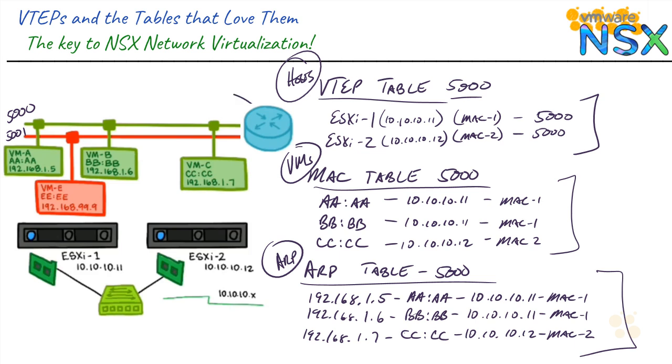So to support inter-VNI routing, we're going to need a routing table with the different internal subnets that are available to route on any particular ESXi host defined so that they are commonly available throughout all ESXi hosts participating in those VNIs. By going through this nugget together, you've learned what the VTEPs are and what the tables are that interconnect those VTEPs and support